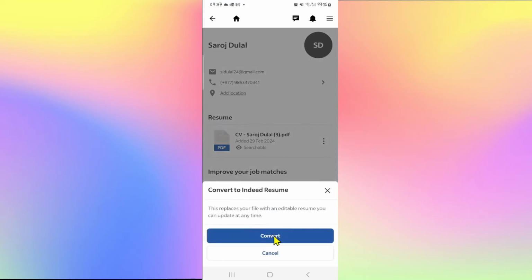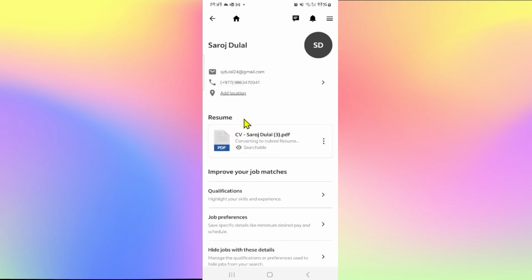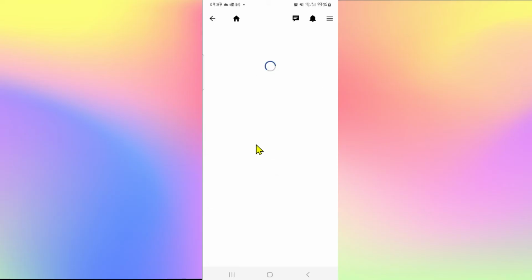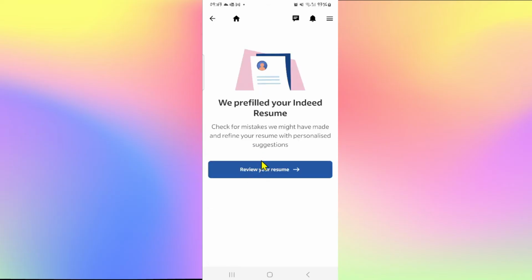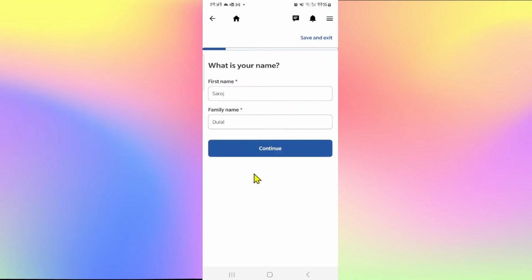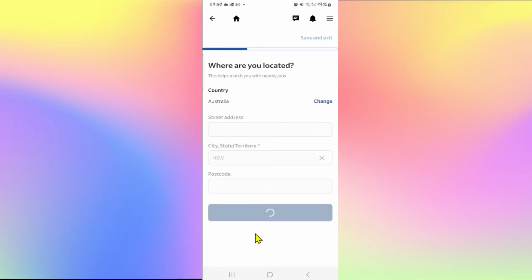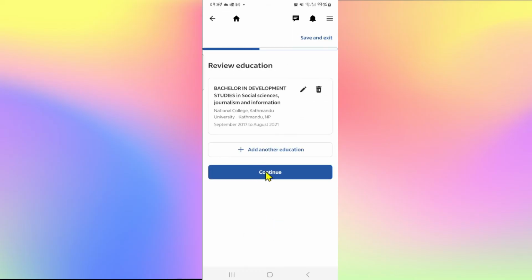You will then find the Convert button, which you can click on, and the Indeed application will begin converting your resume into an Indeed resume. Once it is done, you can tap on Review Your Resume to check for mistakes. After verifying all of your personal details, click on the Continue button